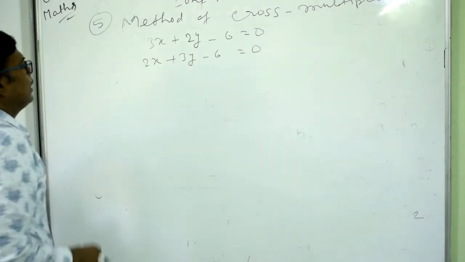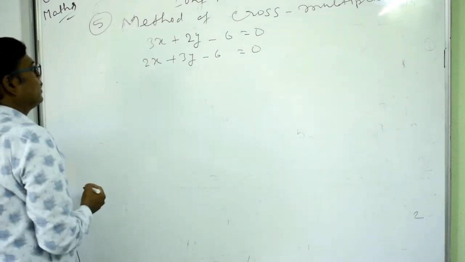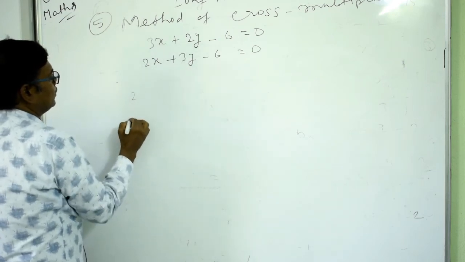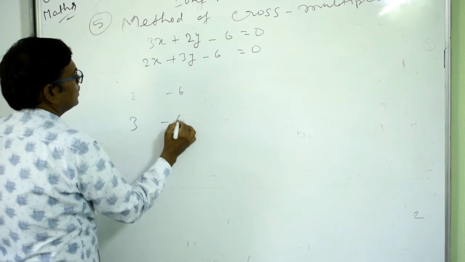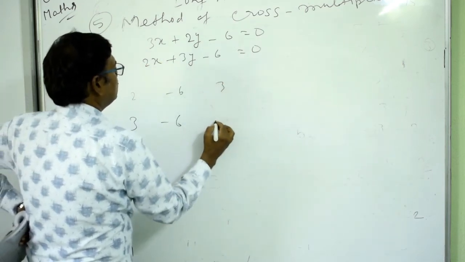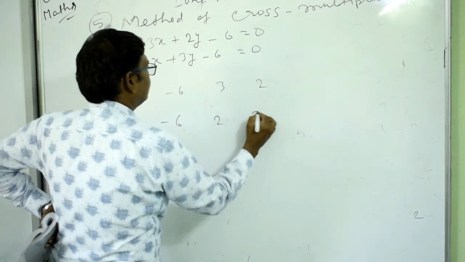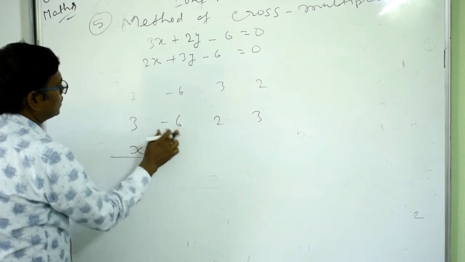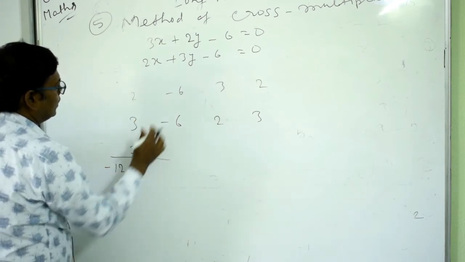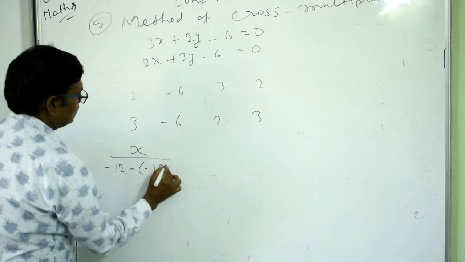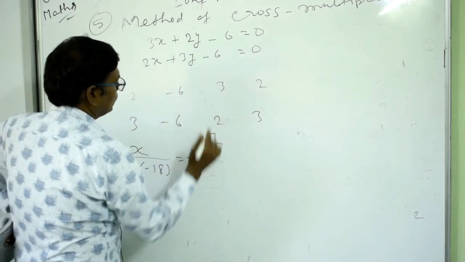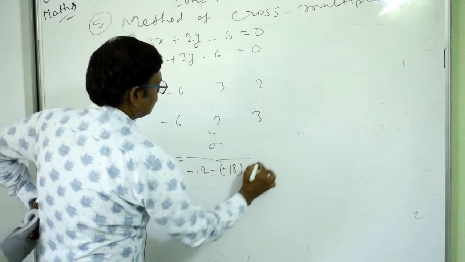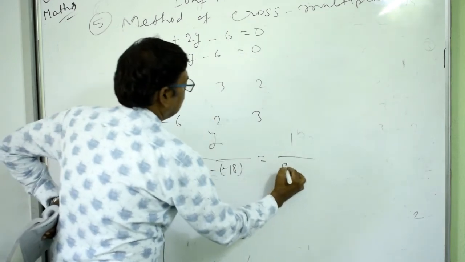Now here this is the question and I will solve this by using the cross multiplication method. So see here that B1 B2, that is 2 and 3 is here, then you have minus 6, that is C1 C2, then here A1 A2 3 2 and then again B1 B2, that is 2 3 here. Okay, so now you have x by 6 into 2, that is minus 12, then minus 6 3 are 18, minus 18 here, equal to y by this into 2, that is minus 12, and this into this again, that is minus 18, and equal to 1 by 3 3 are 9 and 2 2 are 4.